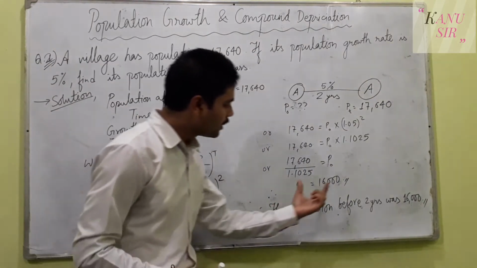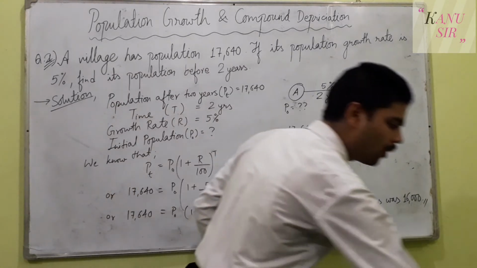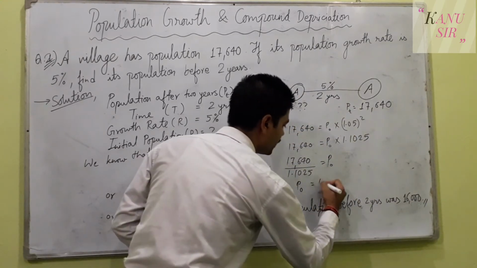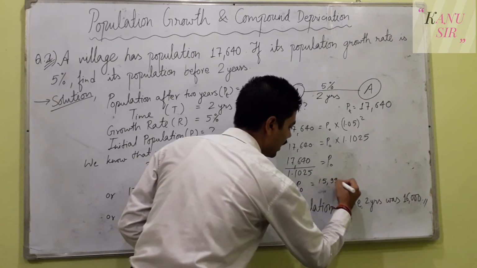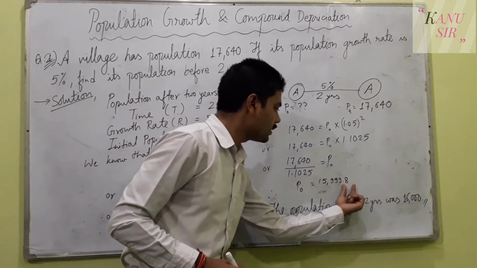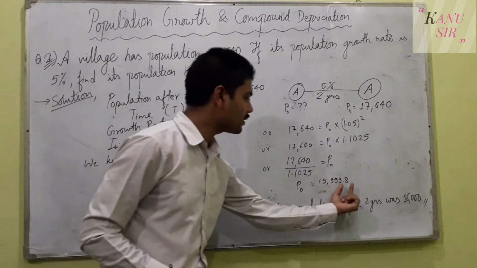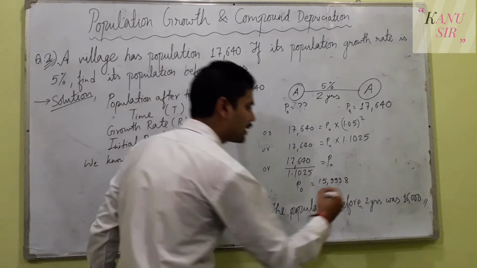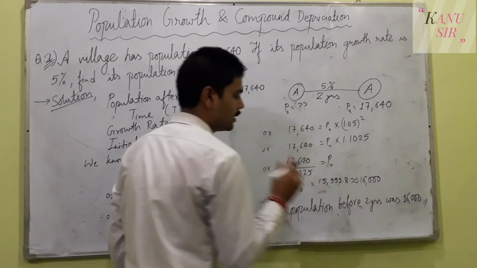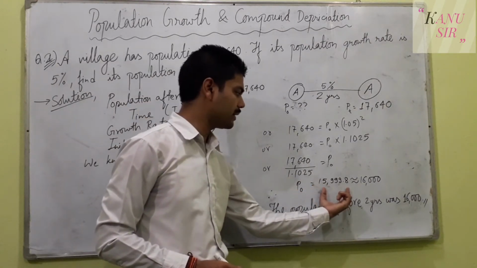What happens if the number does not come out exact? For example, let us think the value of the population here might have come 15,999.8, and there will be no person 0.8. Everybody will be counted as a single person there. No person can be counted in points. Then we can write approximately 16,000. In this case, we can write 16,000, but I don't think you will get the answers in points.